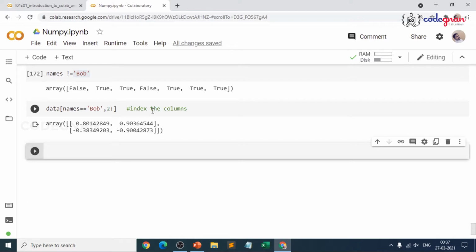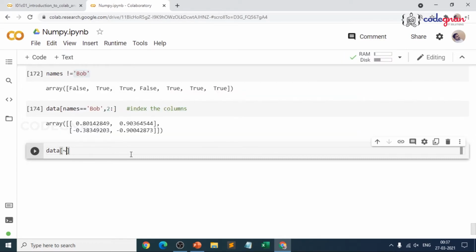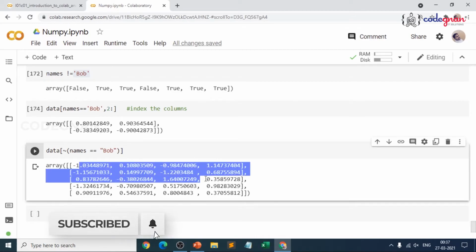Before going to that, I can also show the negation or not process. That means wherever your data, so data of not, which is not equal to, right. In the same way, data of the negation symbol which is present on your tab key. So data of not of names equal to Bob, which is similar to what we gave above, where you can see wherever it is not present.